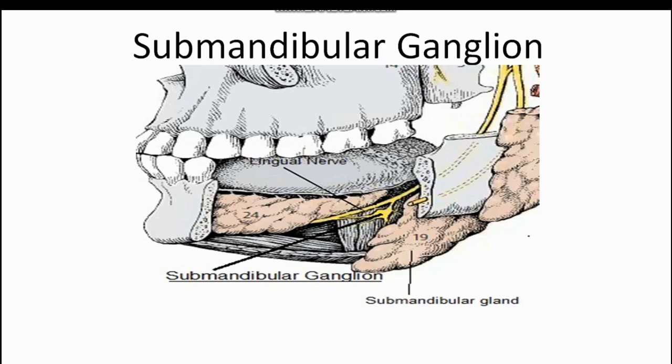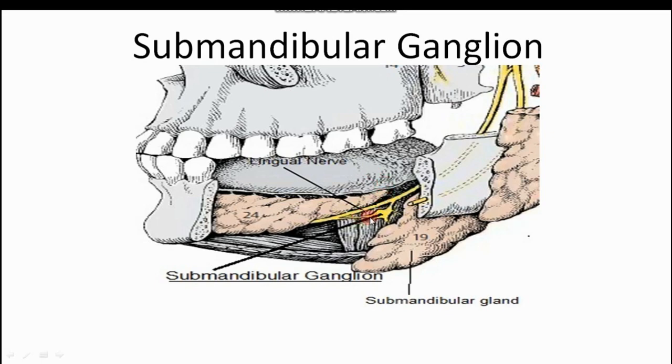So it has both parasympathetic and sympathetic roots. We will see how they are associated with sympathetic and parasympathetic. Before this, let me take the pointer and see this fusiform submandibular ganglion. It rests over this muscle, which is the hyoglossus muscle. And we can see here the lingual nerve root.